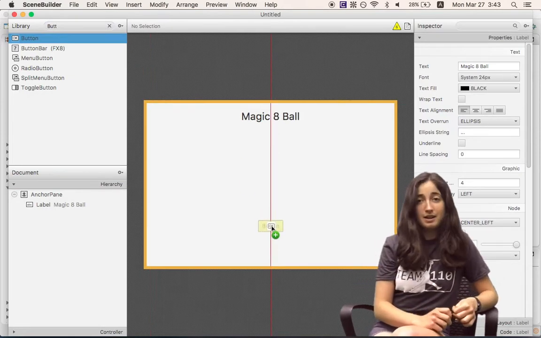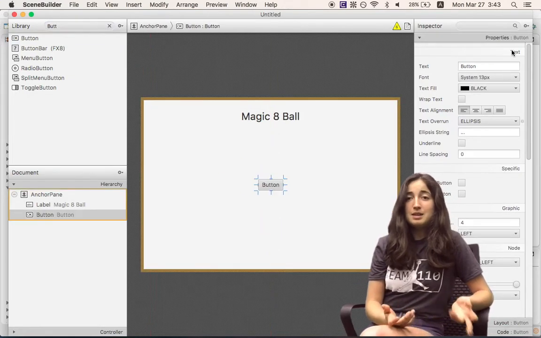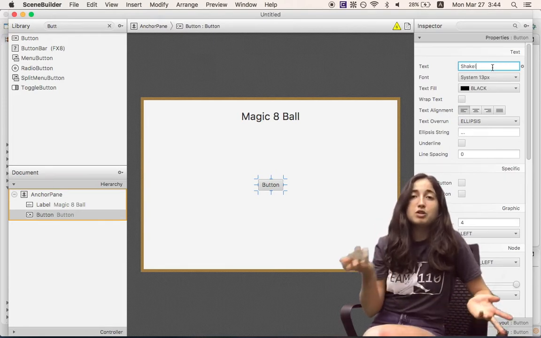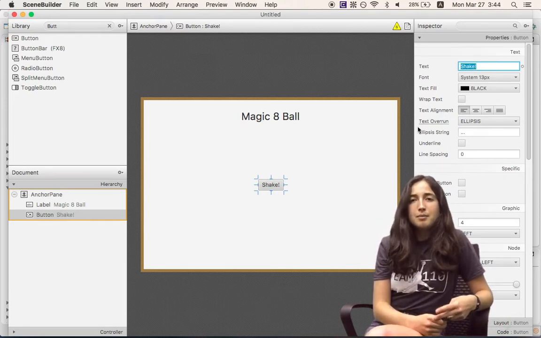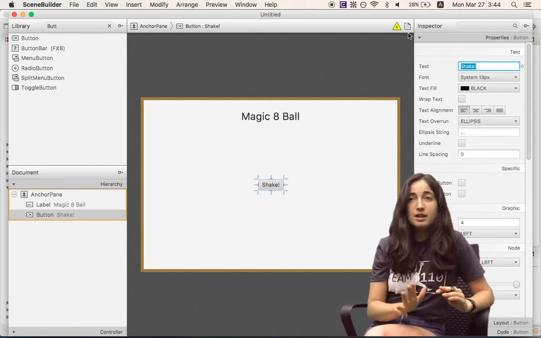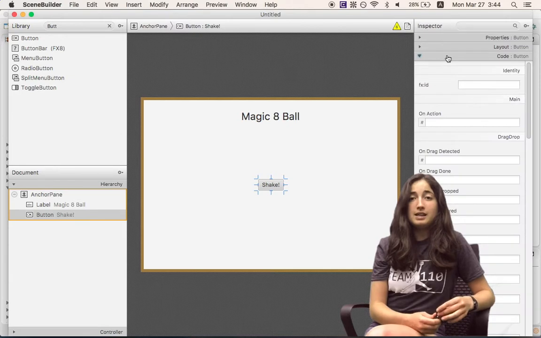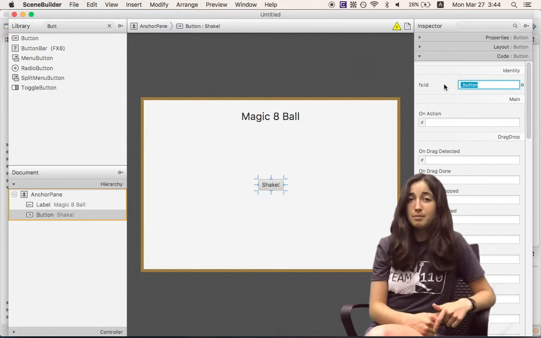So we're going to put a button in, and in the button, since we're shaking our ball, we're just going to have it be filled with the word shake. And remember, this was changing the appearance of it. Now we're going to go to the code tab so that we can say what is the FX ID. So that's going to be our instance variable, which is _button, that we declared at the top of our controller